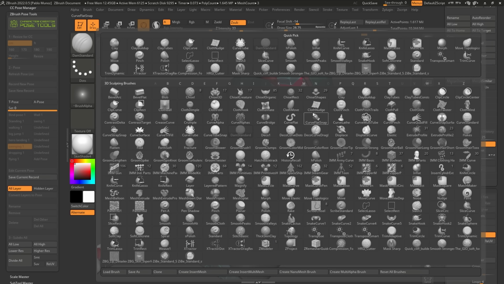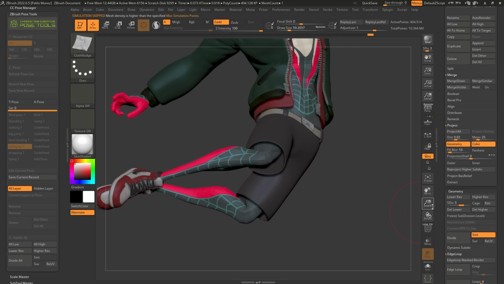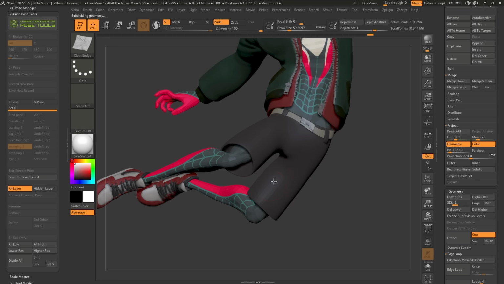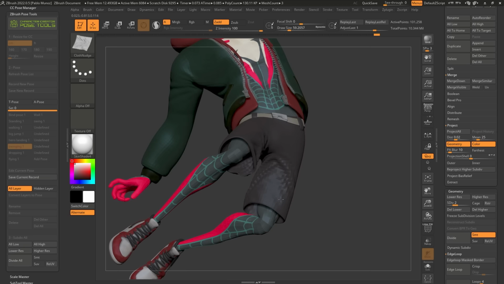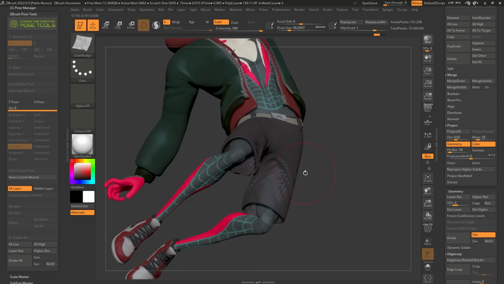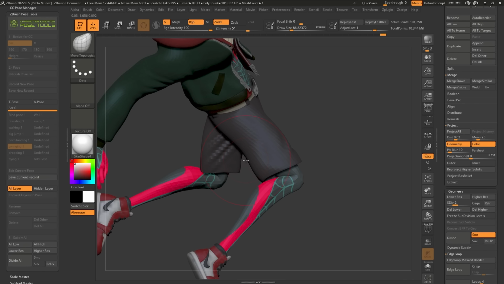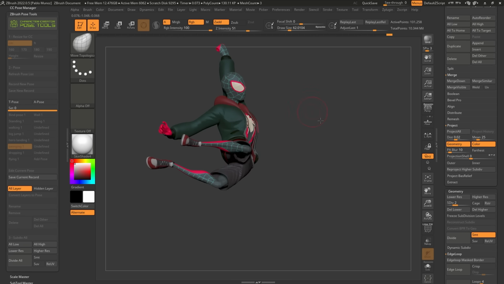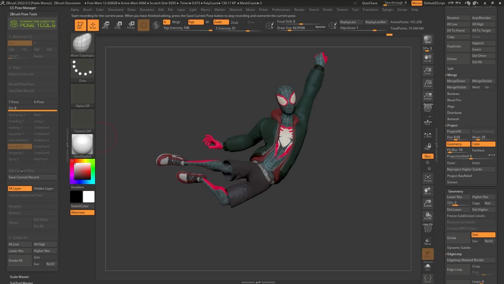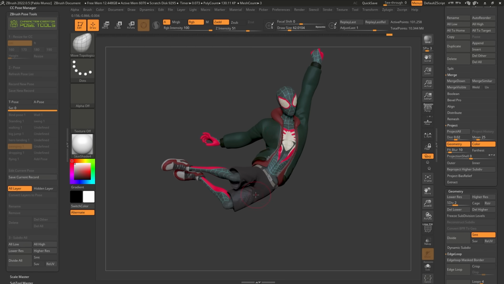Perhaps let's go back into the Cloth Notch, and I'm going to do the same thing here for this part. Oops, let's go back one more for the pants, or for the shorts, and we can pull things back a bit just to pretend that there's some kind of wind happening. Let's go into the Move Topological again just to fix the intersection here. All right, so pretty simple editing of the pose. And remember, I'm currently editing the current pose of the swinging. So once I'm happy with the edits that I did, with all these folds and all of that, I can just go ahead and click on Save Current Record.